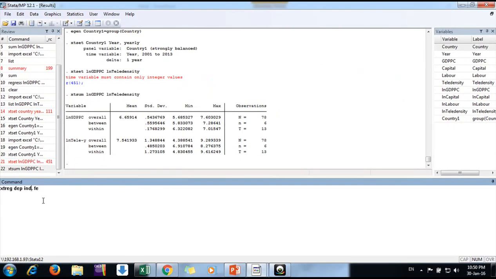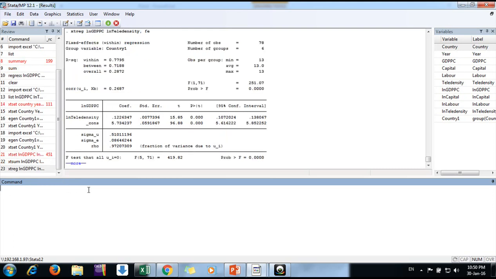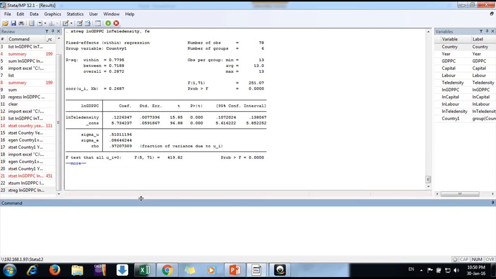Okay, so what is our dependent variable here? I am simply saying the dependent variable is ln GDP per capita followed by ln tele density. Then I'm saying run fixed effect. It is doing it for me. So now after controlling for fixed effect, like an intercept dummy for each country, this is my regression result that tells me